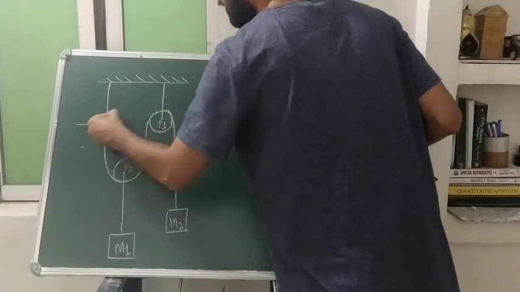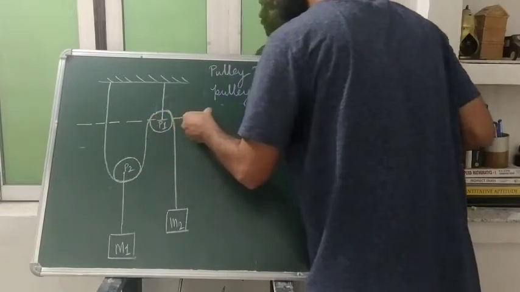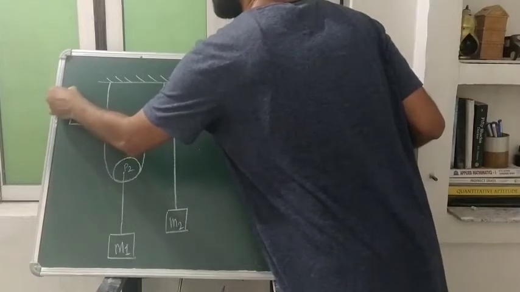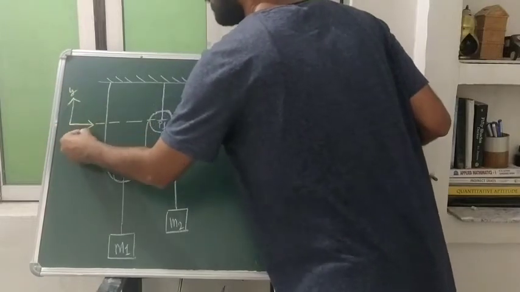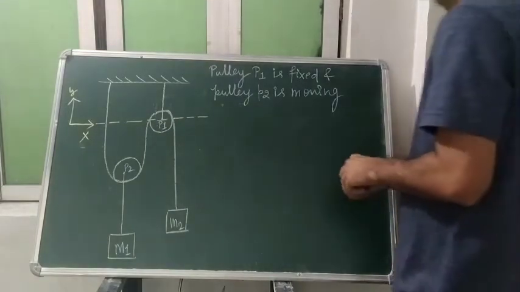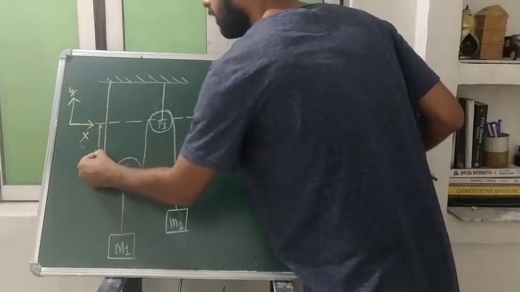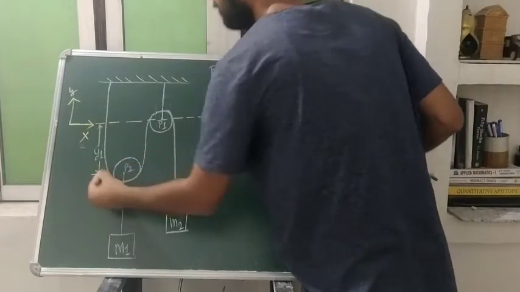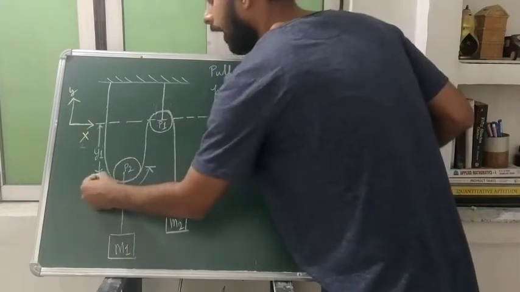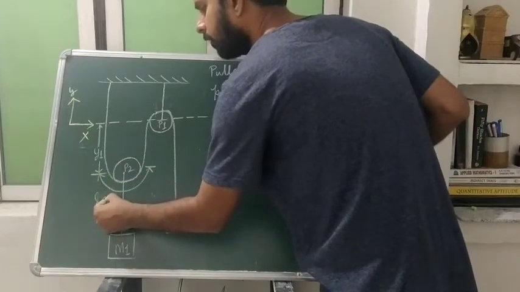So of course, students, the traditional method will tell you to select a datum from a fixed point. So I am selecting the datum here. Suppose I am saying this one is our y-axis, this one is our x-axis. And from the datum, what will we do? We will write the length of the string. So suppose this one is our y1, the length present here. Here the length of the string over this pulley will be constant, and I am representing that by LC1.